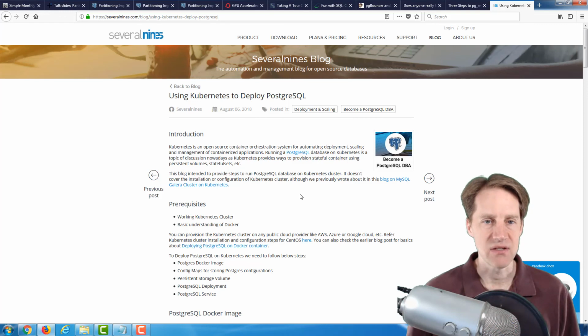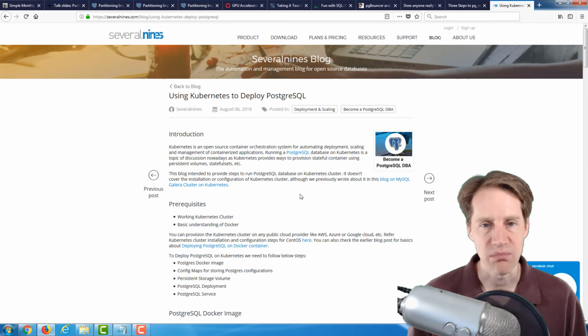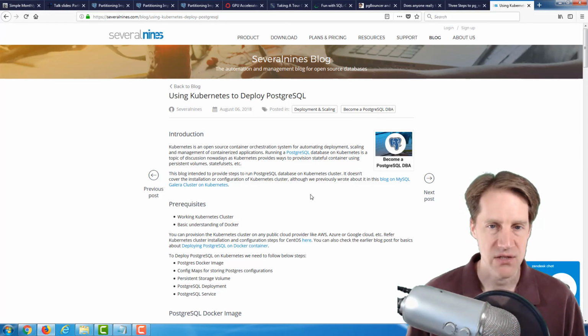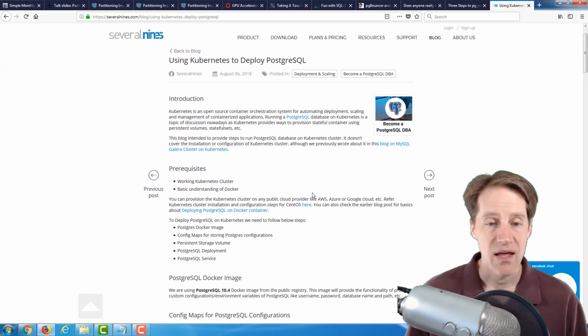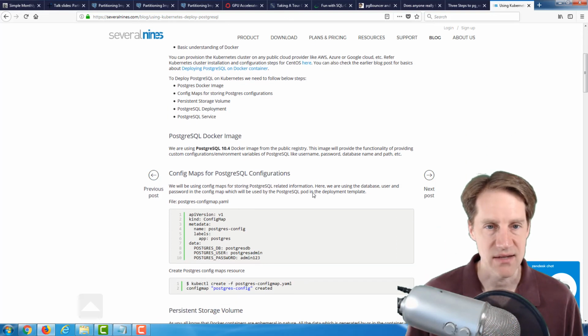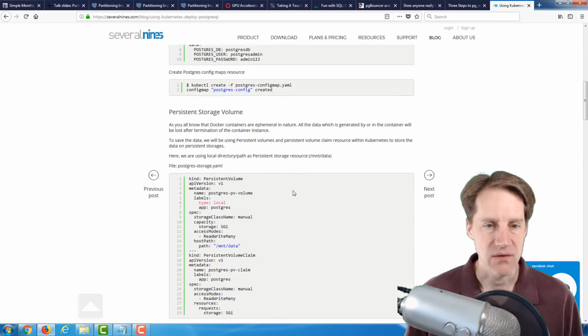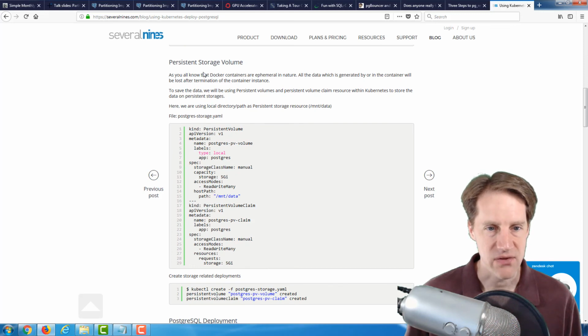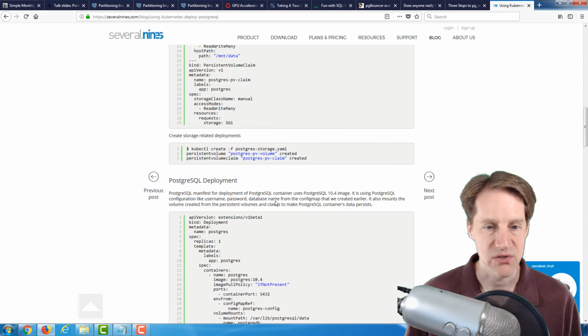The last post is using Kubernetes to deploy PostgreSQL. This is from the severalnines.com blog, and it goes over very simply how to set up PostgreSQL on Kubernetes, and they talk about the previous post where they talk about deploying PostgreSQL on a Docker container, and this is kind of related to it. And what I found interesting is, they have a section here talking on persistent storage, because